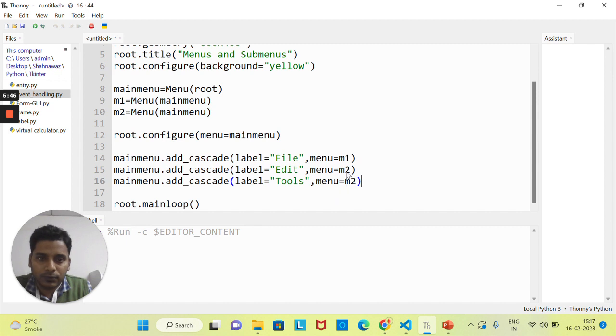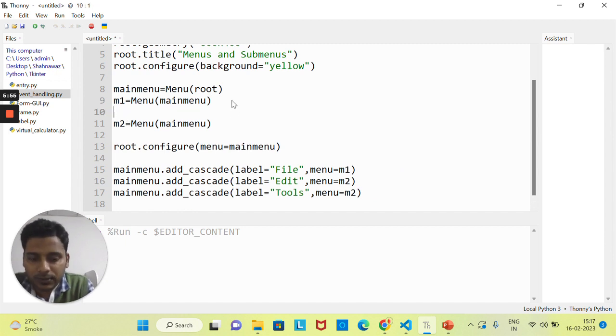I'll explain to you what will happen if you put both the menus the same. First, let me add some submenus inside this M1 and M2. So how can we add submenus? I'll write M1 dot add_command. Inside this, you need to write the label. So first, let's put the label equal to